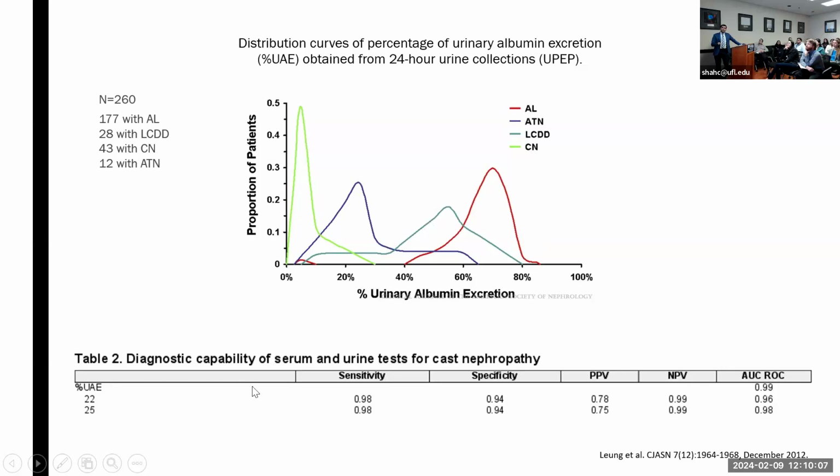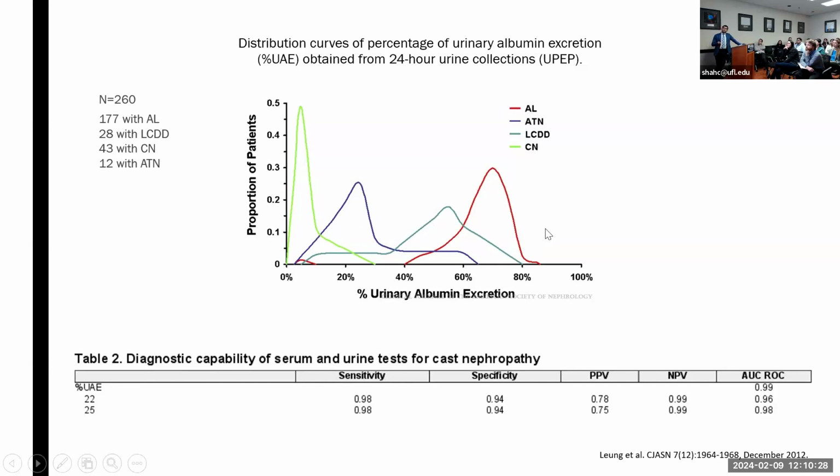So if we calculate sensitivity, specificity, and positive and negative predictive value, when we use urine albumin excretion of less than 25% as the threshold, the negative predictive value is almost 99%,